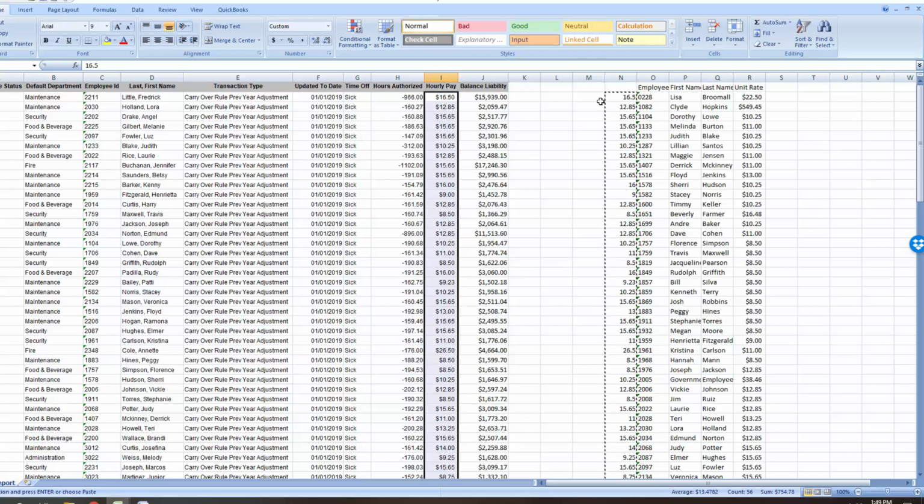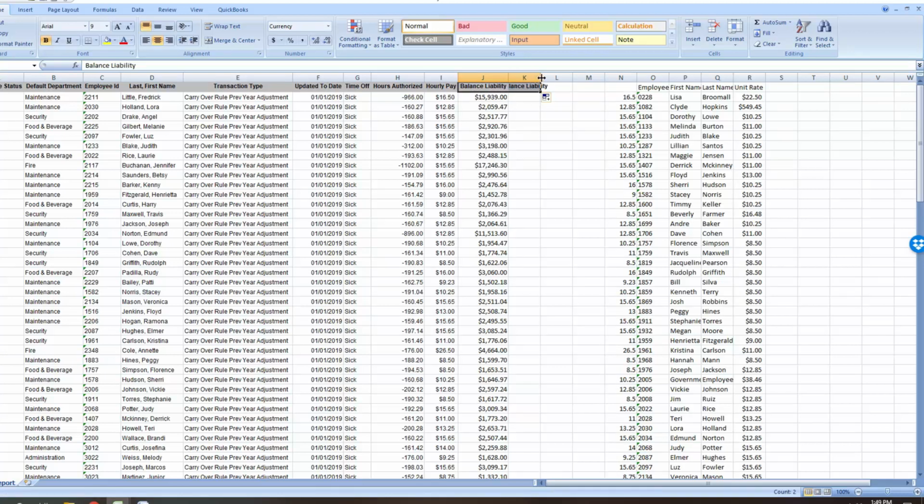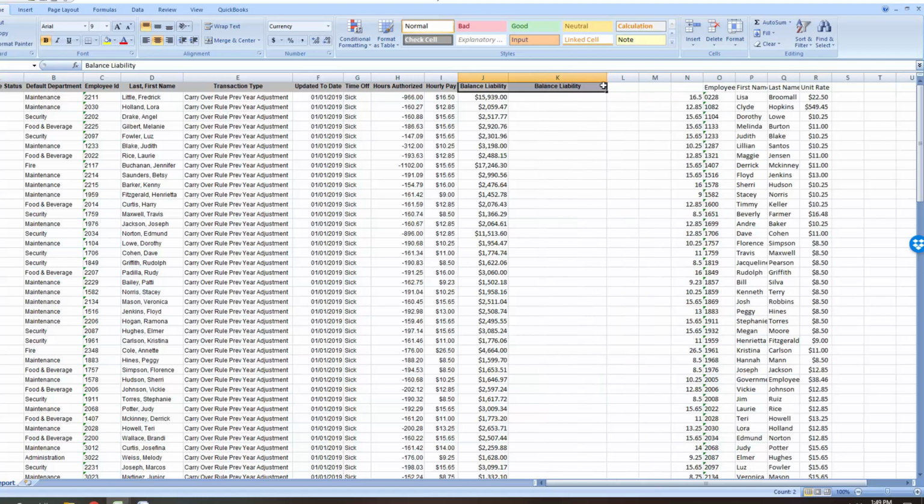Finally, there may be one other additional field in Excel you may want to add depending upon how you're looking at your balanced liability report. So this is my total balanced liability, but there is also a balanced liability that we would have at retirement. So in many cases, there is a cap to the amount of money that a municipality would pay out. So if I add another column and say balanced liability at retirement,